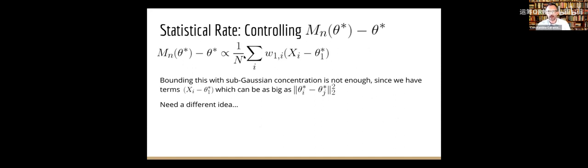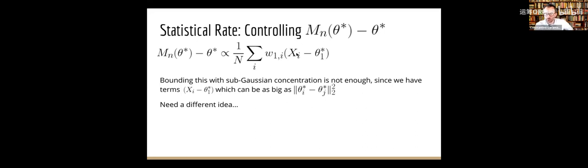So if we write it out, it's going to have terms that essentially look like this for Gaussian mixtures, and there's something similar for linear regression. So let's ask, how do we bound this? Because this is what I want to do. This distance here is exactly what controls epsilon n in the previous slide. That's what controls my statistical rate.